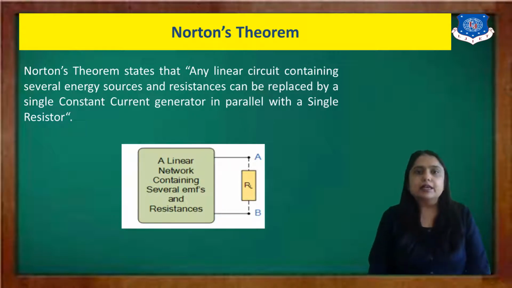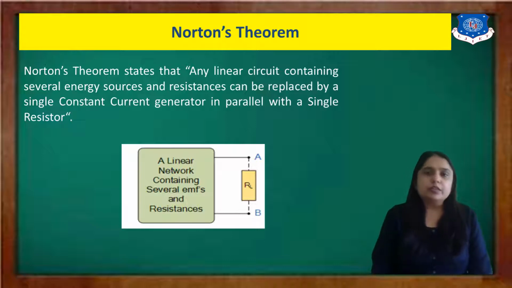Here in this diagram there is a network. That network contains series and parallel connections of resistors, and here we have a load resistance. Suppose we want to find the current or voltage through the load resistance using Norton's theorem, then we have to follow some particular steps. As you know, in Thevenin's theorem, if we want to find the voltage and current, we have to perform some particular steps. So here also we have a set of steps.